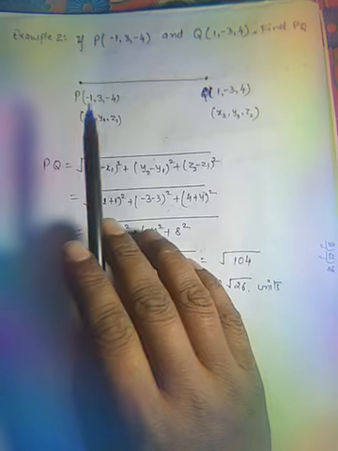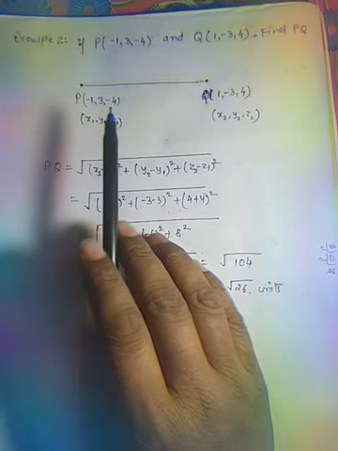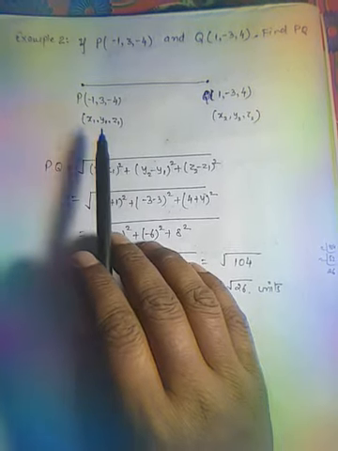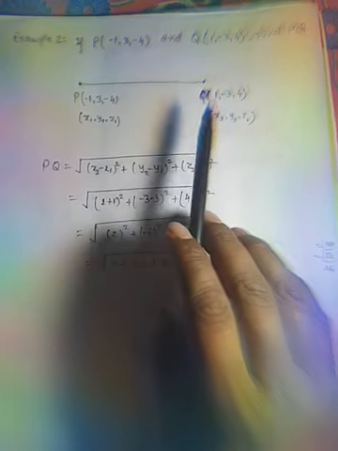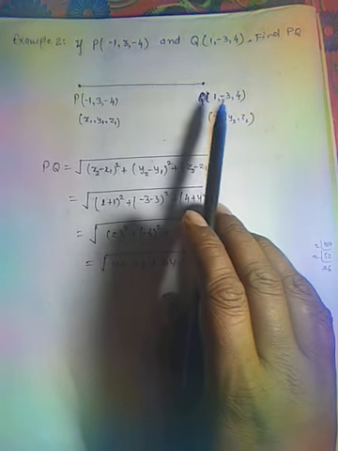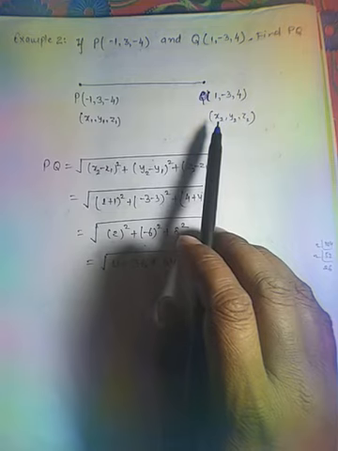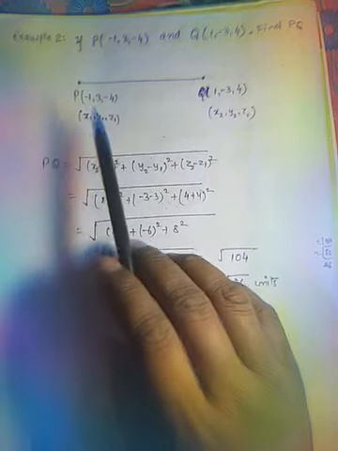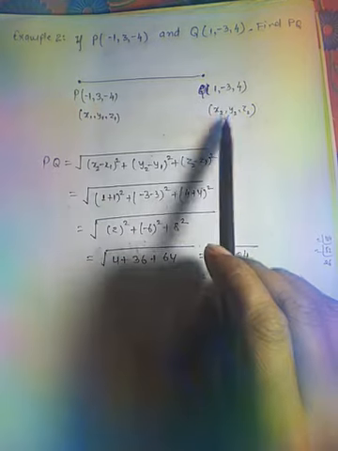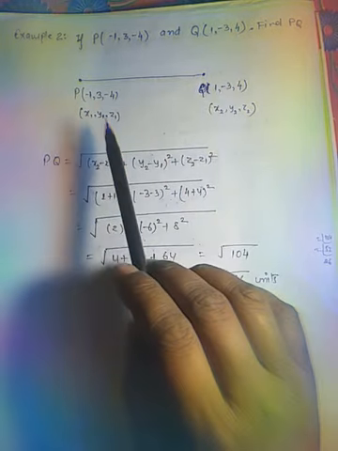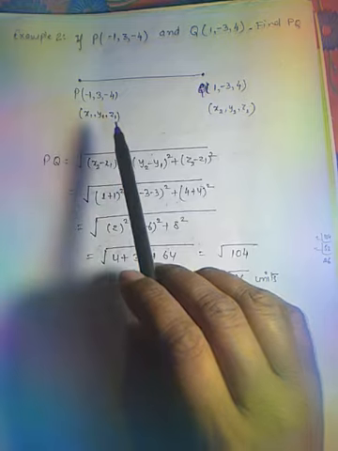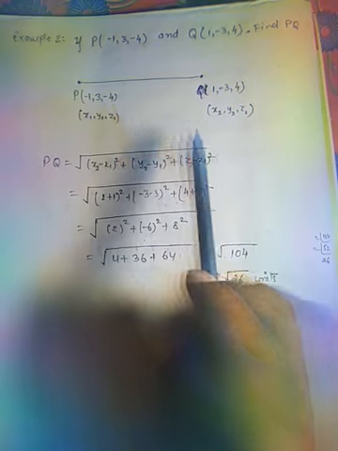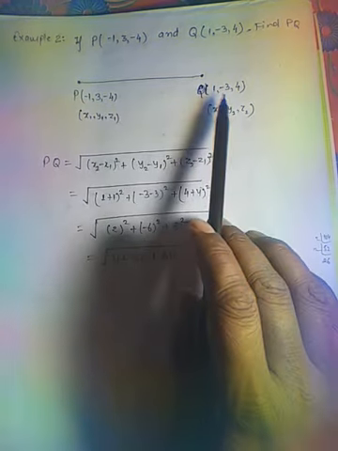P is (minus 1, 3, minus 4), these are x1, y1, z1; point Q (1, minus 3, 4) represents x2, y2, z2. So x1 is minus 1, x2 is 1, y1 is 3, z1 is minus 4, y2 is minus 3 and